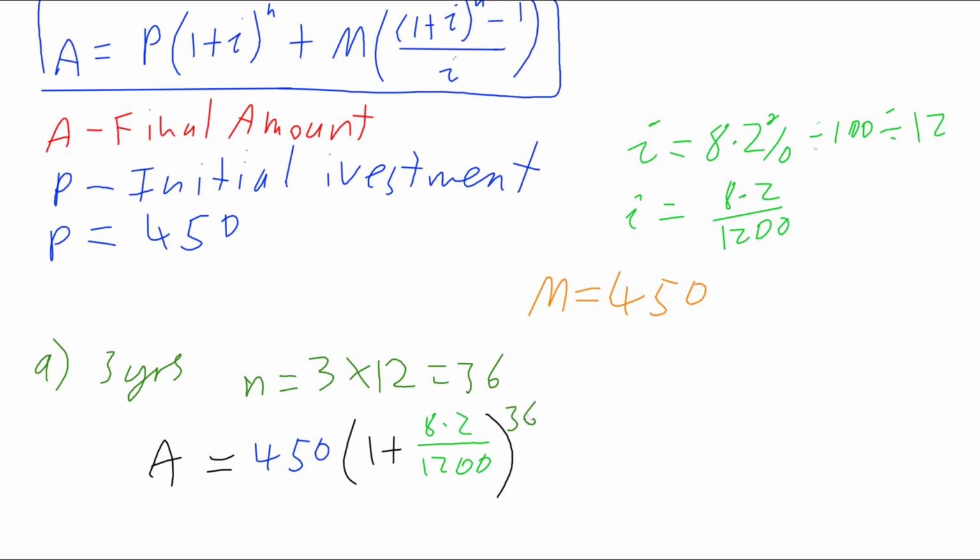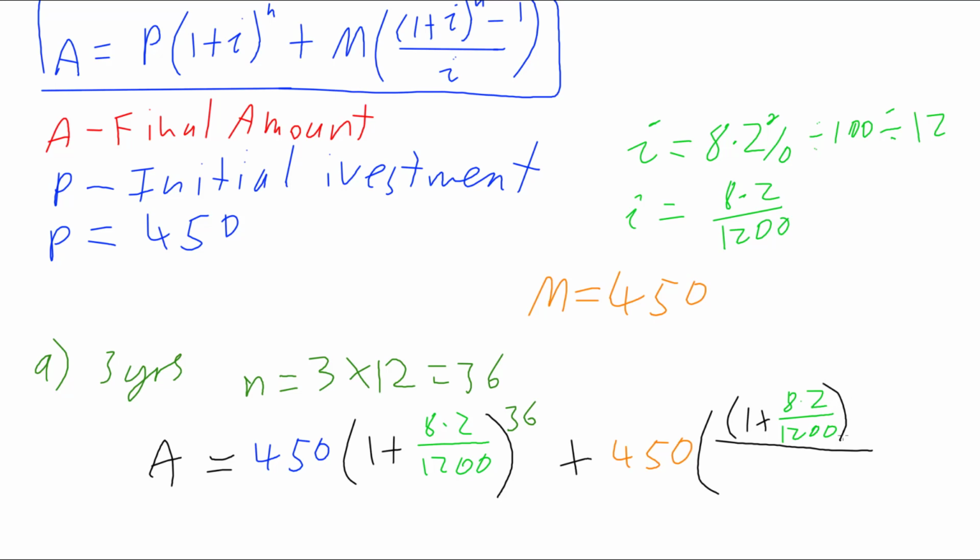Then we're going to plus on m, our deposit, 450, and multiply by this fraction, 1 plus our I again, which is 8.2 over 1200,